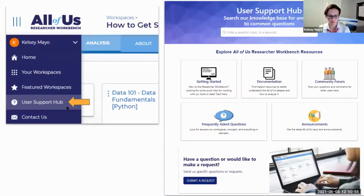And so again, that featured workspace, that library of tutorials that I described earlier, is one of several different support and help materials that we have available on our Researcher Workbench. In addition to that, we also have an entire support hub that you can access from the workbench. If you just, at any time, click this, what we call a hamburger menu, you can go into our support hub. You can see that we have a curated knowledge base that is searchable, and you can go through here